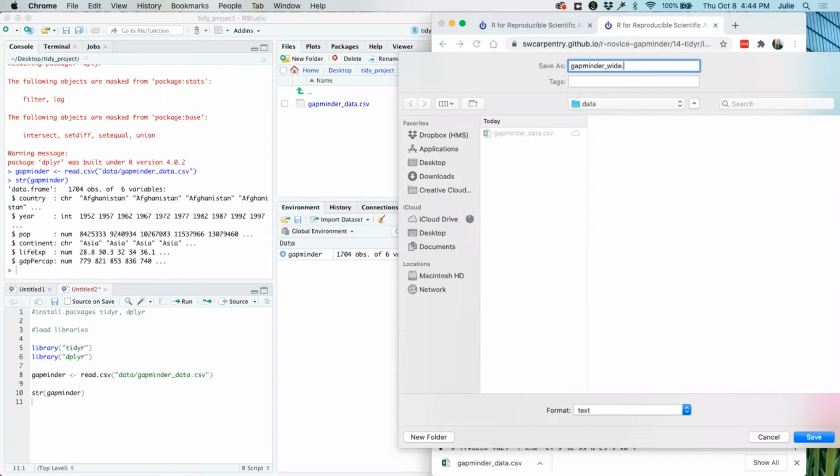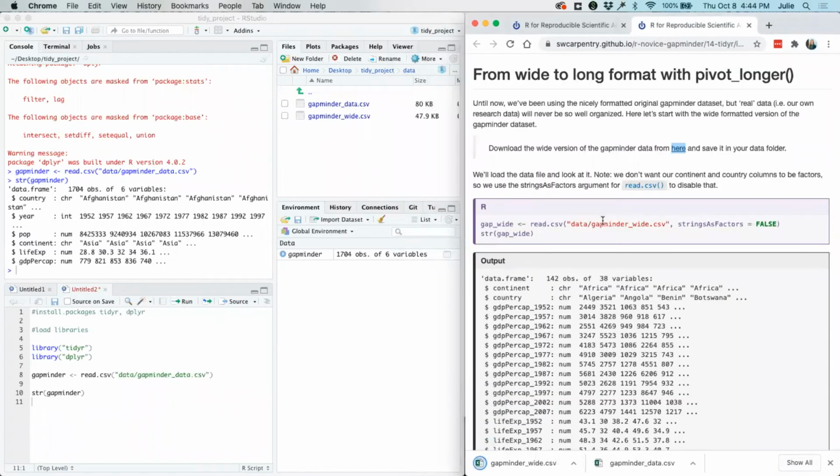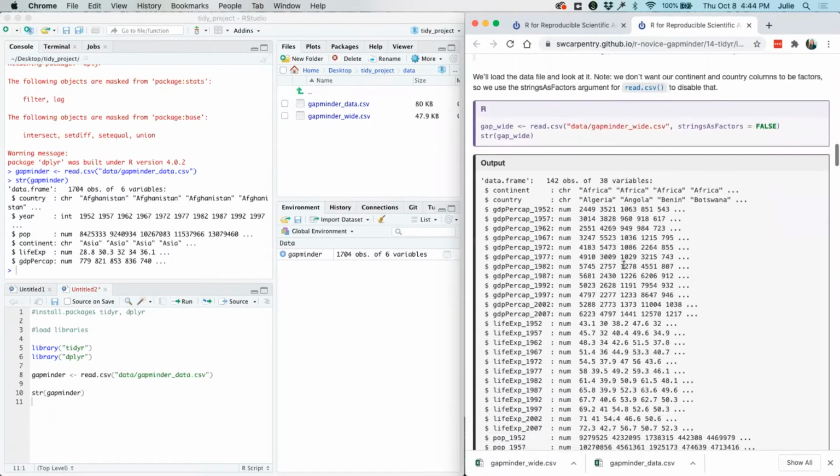Again, we want to make sure that we read in comma separated values so that we can get our columns and our rows. So I will save that and watch it pop up in our files console. Then we'll load the data file and look at it.